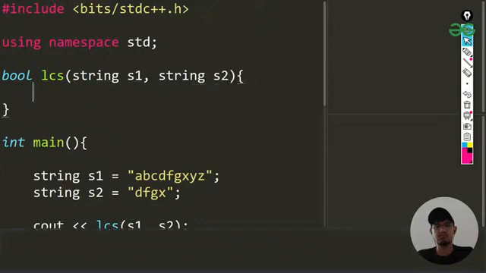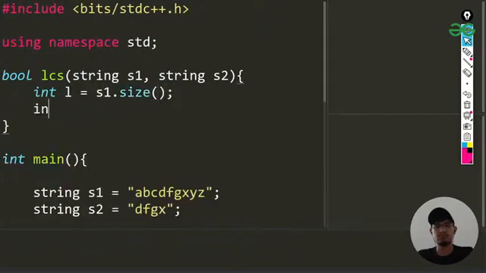Okay, so now first thing is that I'll be finding the length for them, because I'll be using the length in various parts of this code. I'll be finding the length individually for them. Int l I'll be calling that for s1, and I'll be using size for finding the length, and int m again for finding the size for s2.